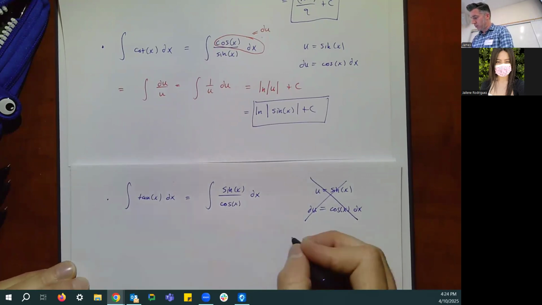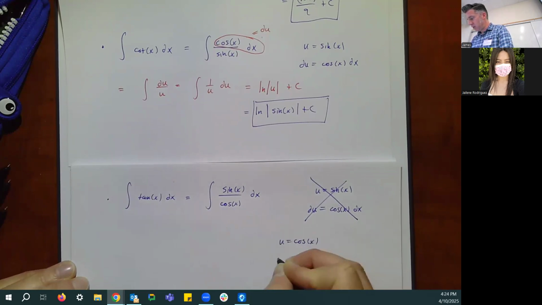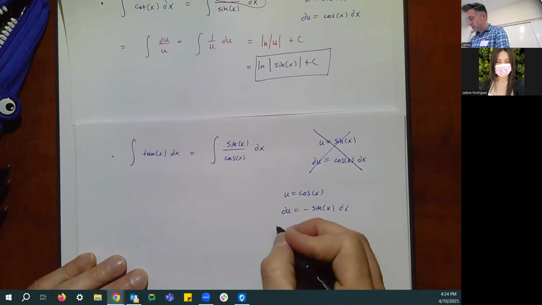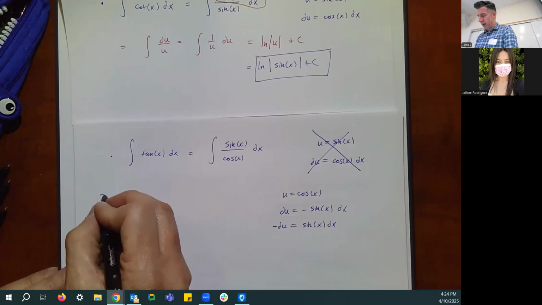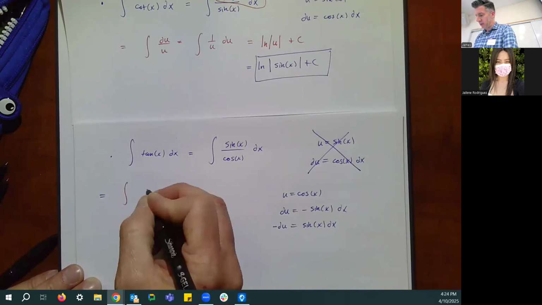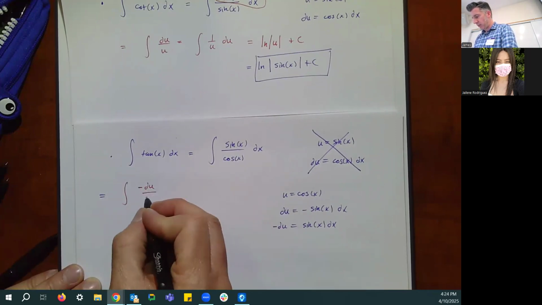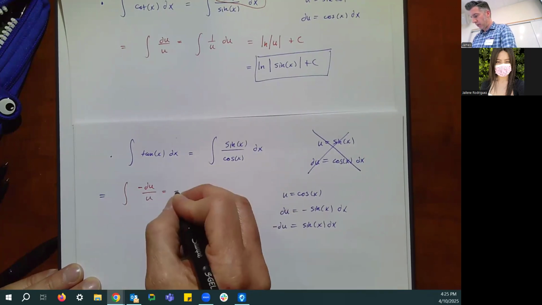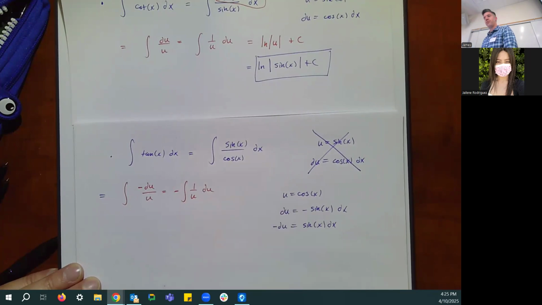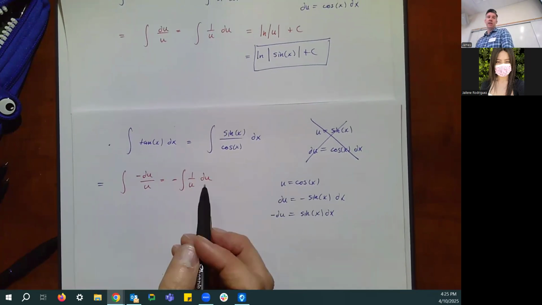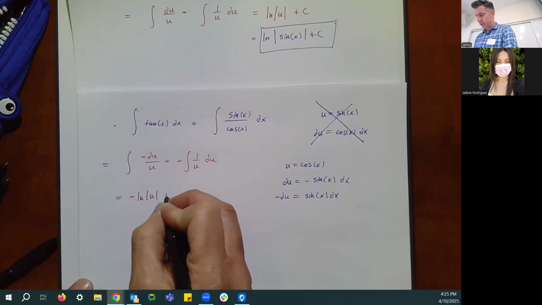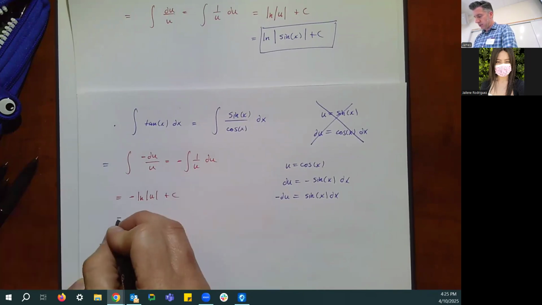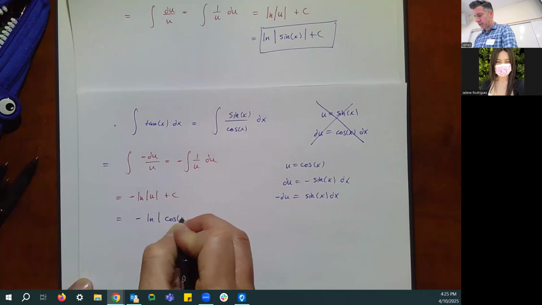So here we're going to pick u equal to cosine of x. Our du is going to be negative sine of x times dx. We're going to multiply both sides by -1 to say that negative du is equal to positive sine of x dx. And then we're going to rewrite our integral as the integral of negative du all divided by u. Or again, if you prefer, negative integral of 1 over u du. I don't think you need to write this, but it's not wrong to write it if you want to. We get negative natural log of the absolute value of u plus c, which then becomes the negative natural log of the absolute value of cosine of x plus c,